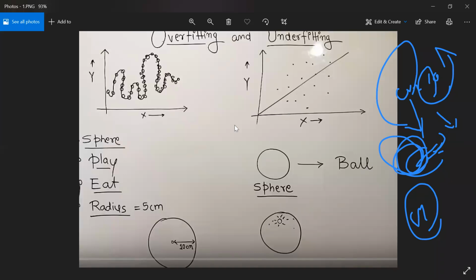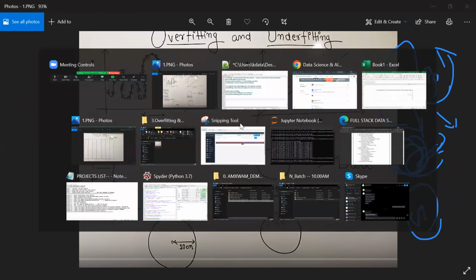Underfitting is clear. Now the next step: if I have overfitting, what preventions do I need to take? If I have underfitting, what should I do, Chandrahas? Anyone? Online team. Very simple. What do you do if we have underfitting?